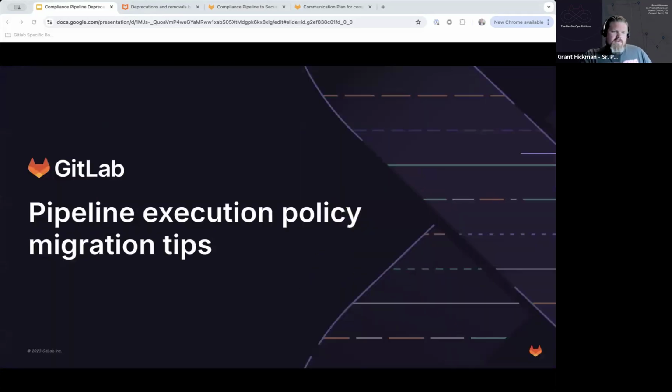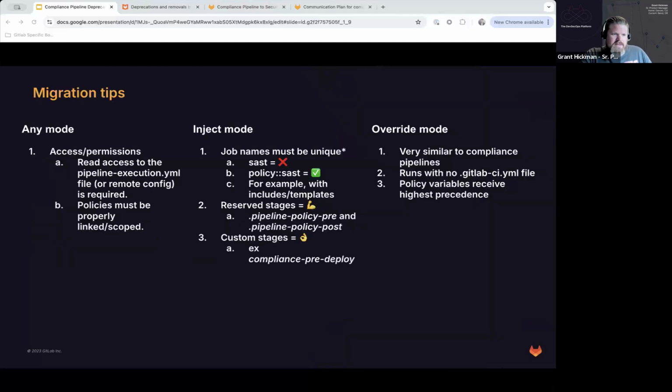Next, I wanted to move on from the capabilities to highlight a few tips to be aware of when moving from compliance pipelines to pipeline execution policies. So again, I broke this down across the different types of modes. And first off, when executing pipelines that are enforced by a pipeline execution policy,